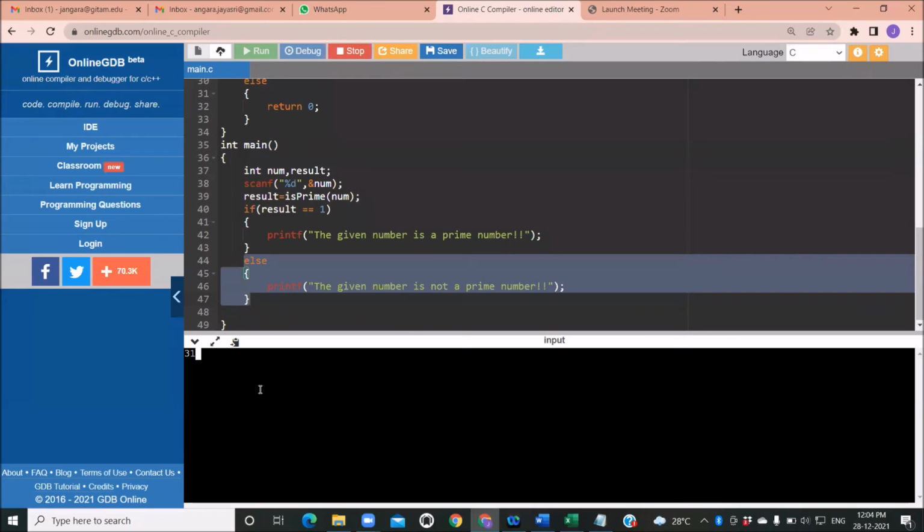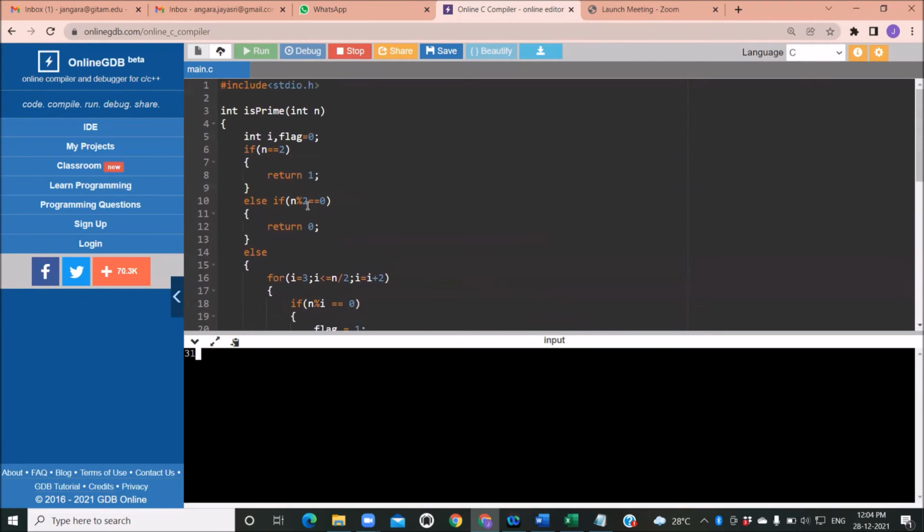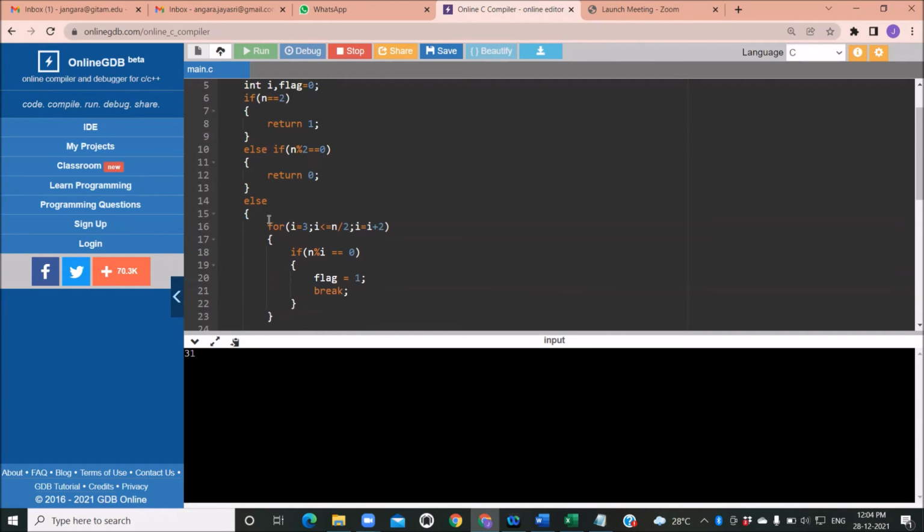Now let us see for odd number 31. 31 is odd and it is a prime number. Let us see how the operation happens. 31 is sent as input to is prime, and here it is not equal to 2. It skips this condition and it is not divisible by 2. Then here also it won't enter this particular block of code.